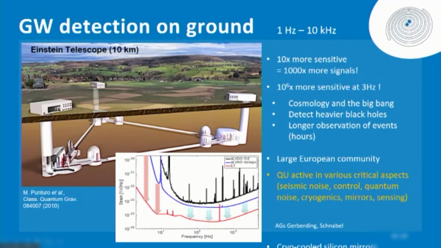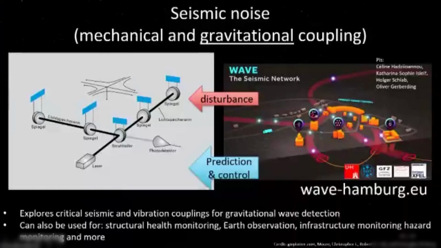Well, if you increase the sensitivity by an order of magnitude, so a factor of 10, all of a sudden you open up your view and can reach sources that are a factor 10 further away from us in distance. So you see more of the universe, and that gives you, in 3 dimensions, a factor 1,000 more sources possible. But you can also start to see, especially if you go down in frequency here, sources earlier and follow them while they spiral. And the earlier you see them, the earlier you can act and maybe trigger a net of other devices to look at the same sources.